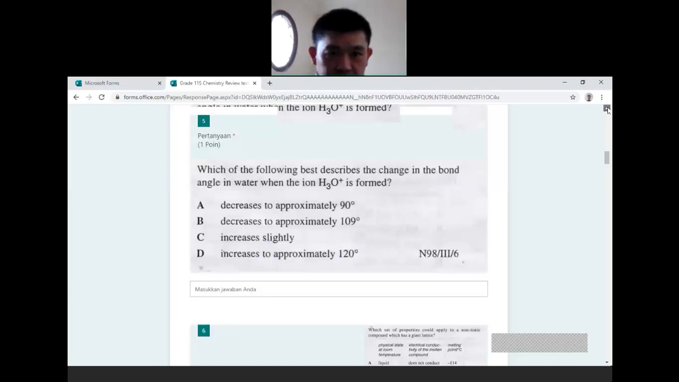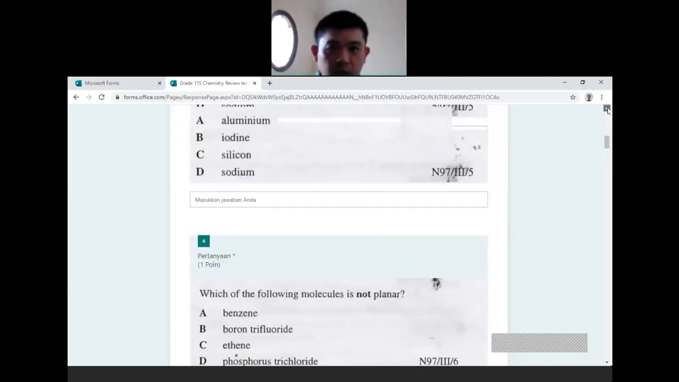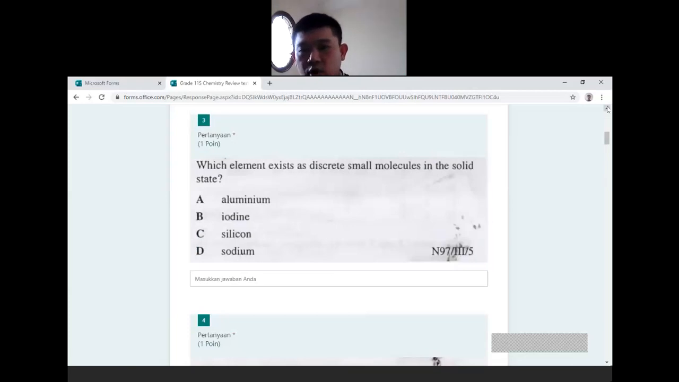Number 2 of the question: which element exists as discrete small molecules in the solid state? There are four options: aluminum, iodine, silicon, and sodium. Aluminum, silicon, and sodium can be included as metals, although some of them, aluminum and silicon, are called metalloids. Aluminum is a metal, so three of them conduct electricity, although the conductivity is different because